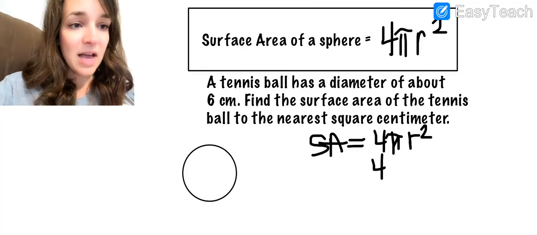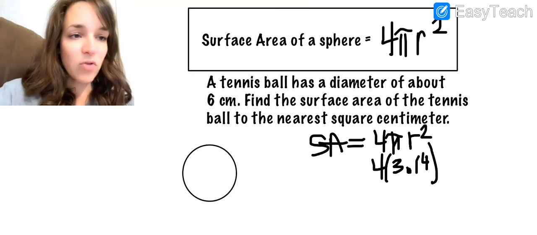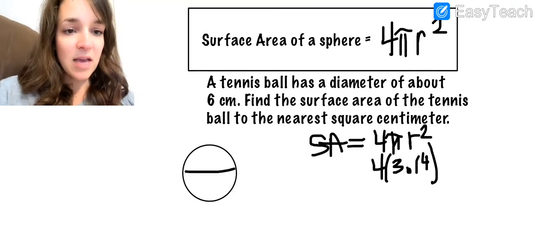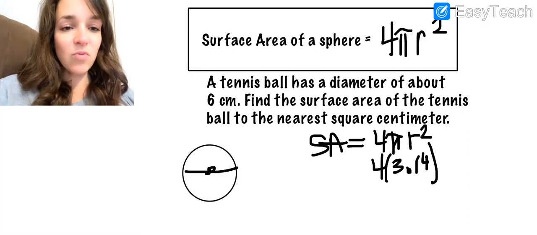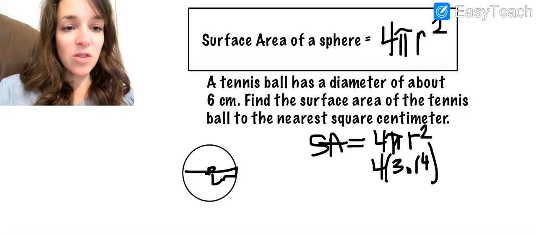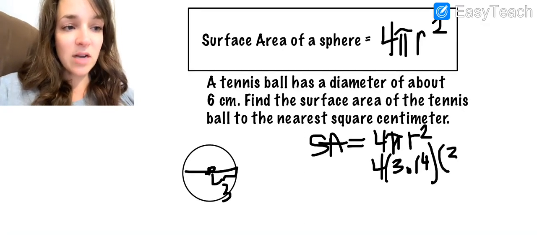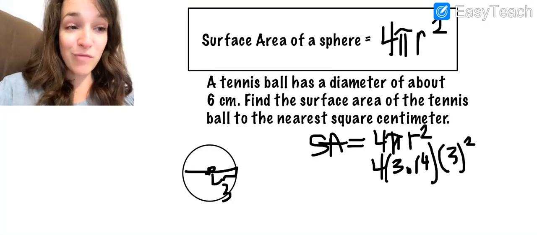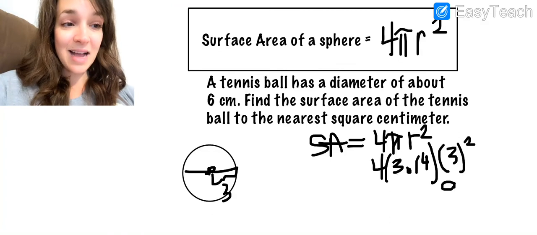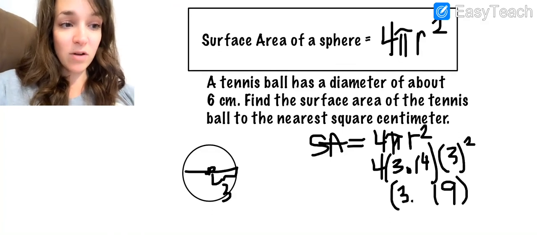For pi, I know that I can always plug in 3.14. Then for the radius, they're telling me the diameter is 6. So if the diameter is 6, then that tells me that the radius has to be 3. Because remember, the radius is just half the diameter. So times 3 squared. Order of operations tells me I do my exponent first. So 3 squared is 9. So then I'm still multiplying 9 times 3.14